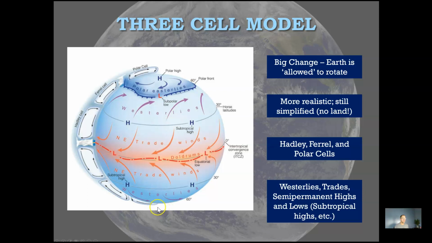There would be an H down here if we drew an H by the southern, or the south pole as well. And so these cells, the Hadley, Ferrel, and polar cell, are also symmetric about the equator, and these help us to really describe some of these features that I've been spending time on, these ITCZ-like features, the subtropical highs, subpolar lows, and again, really helping us to understand why certain parts of the globe are commonly wet, such as the equatorial regions, and in fairness, we have areas near 30 degrees north and south that contain some of the world's largest deserts, and we'll get a little bit more into that when we talk about climate late in